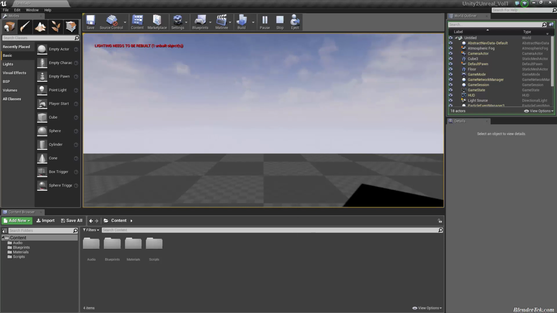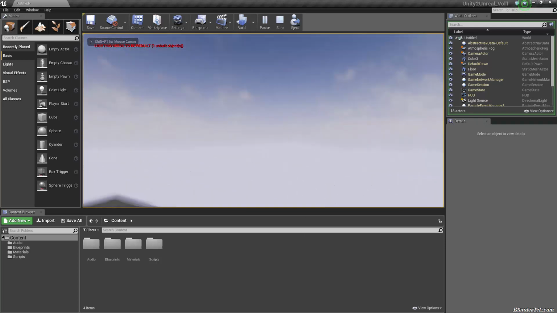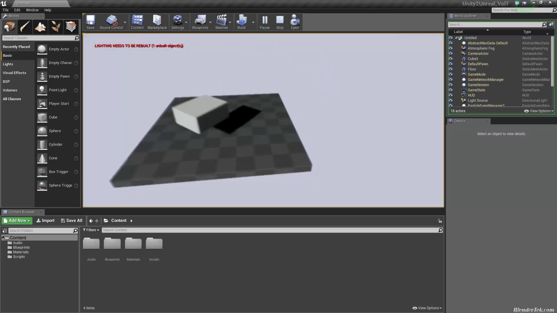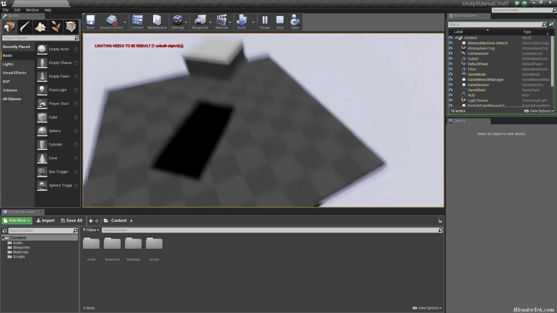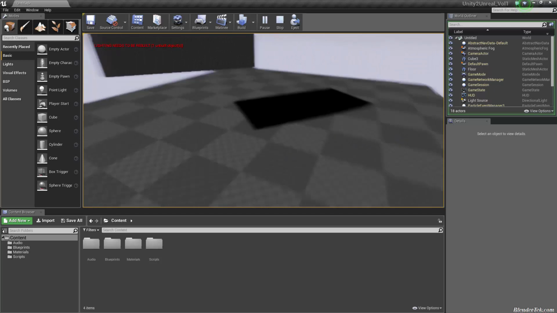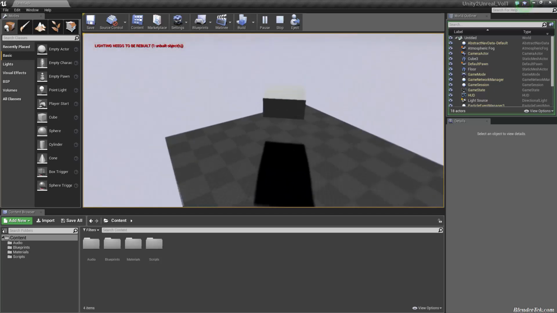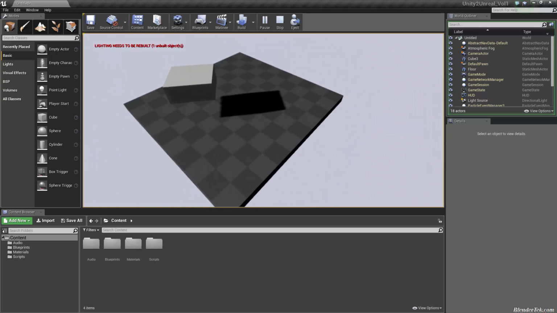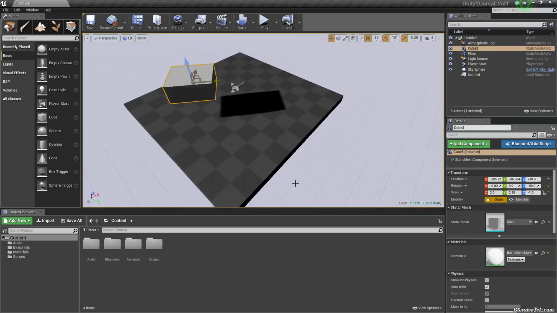Now what's kind of cool is by default it allows you to look around and to move using WASD and clicking, so you can move around your level without having to add scripts to your camera. So I find that kind of cool. So that is the basics of what you will find in Unity and where the exact same things would be found or called in Unreal.